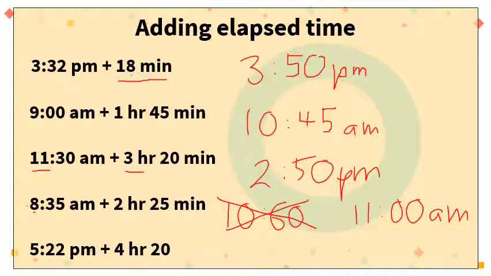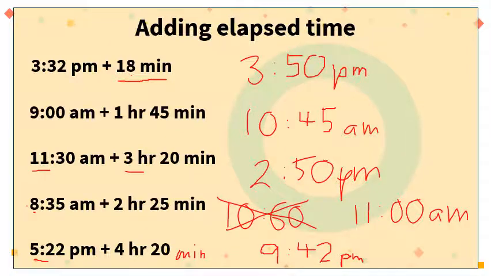And our last one here, 5:22 p.m. plus 4 hours and 20 minutes. I'm going to add the hours together again. So it's completely up to you. You could add the minutes first. I prefer to add the hours, just a preference. 5 plus 4 is 9. So it's going to be 9 p.m. And the minutes, I just have to add them together. 22 plus 20 is 42. And there you go. That's adding elapsed time, or adding time onto a start time to get the new